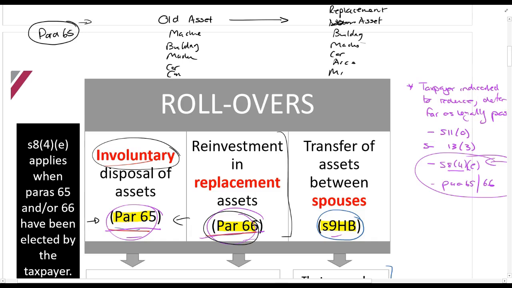I can have any capital asset and basically replace it with any asset, as long as there is some form of depreciation on it. So not land. So any asset with any asset. So what I want you to see, buildings can be included. Okay. If I look at paragraph 66,